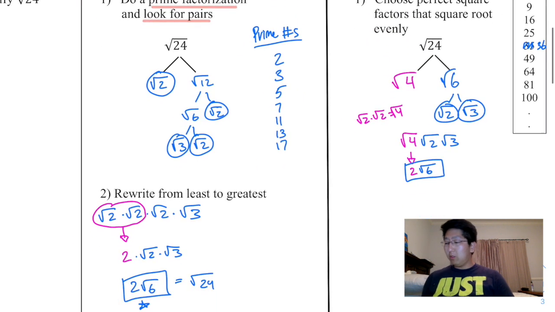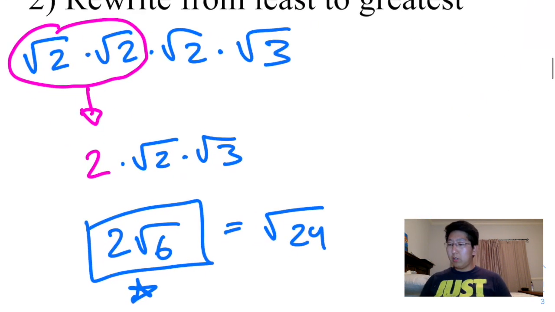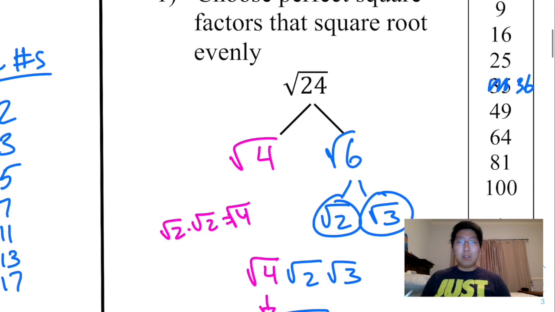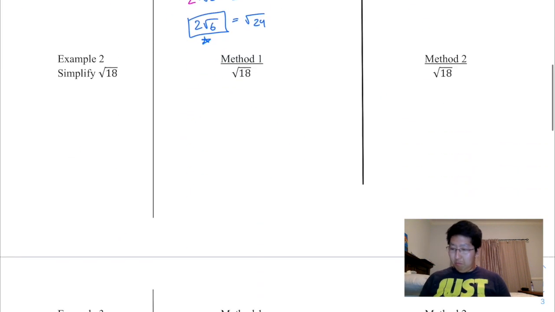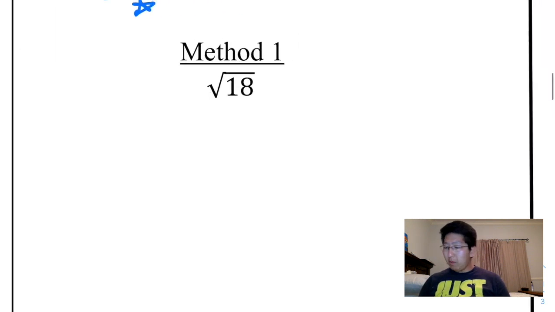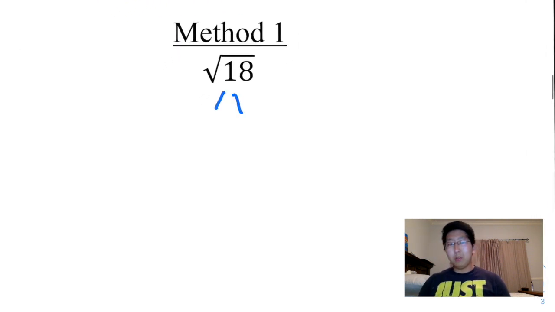Okay? So here there are two different ways. There's one that takes a little bit longer, but you can break down the numbers in any way you want until you get prime factors, or you could try to factor out a perfect square right away. Okay, so these are the two different methods. So I'm going to do this a little bit more quickly. Okay, so square root of 18, we can break that up to square root of